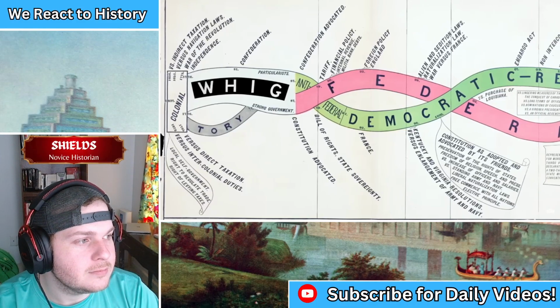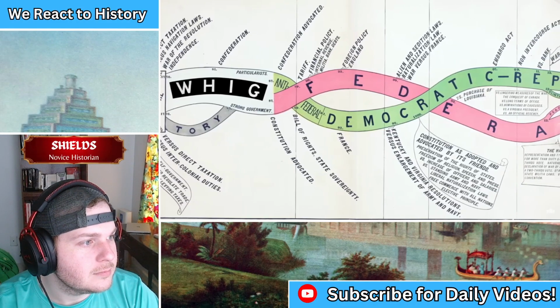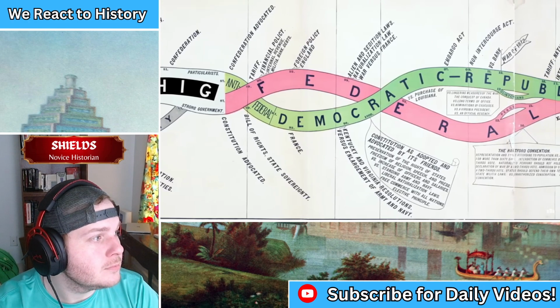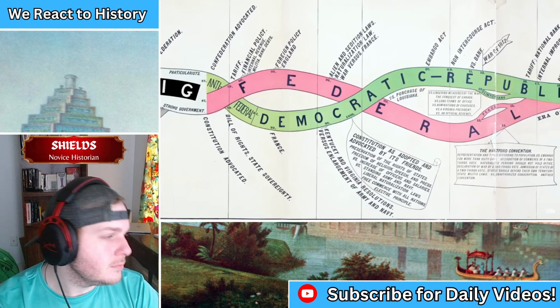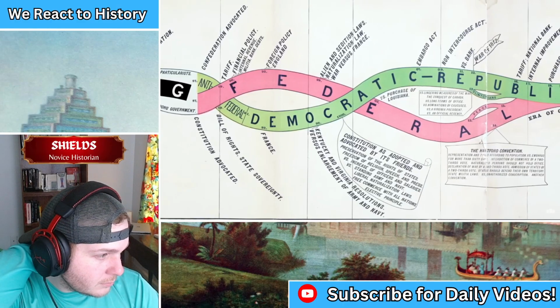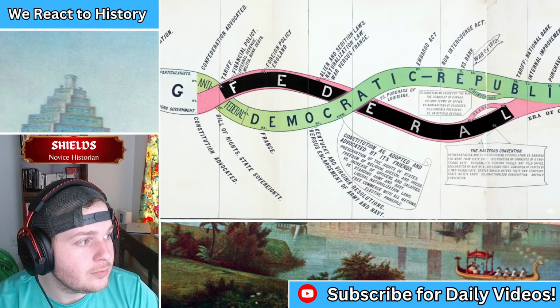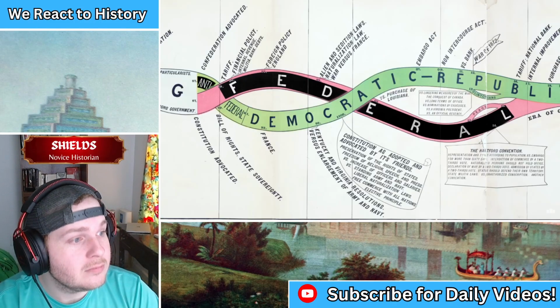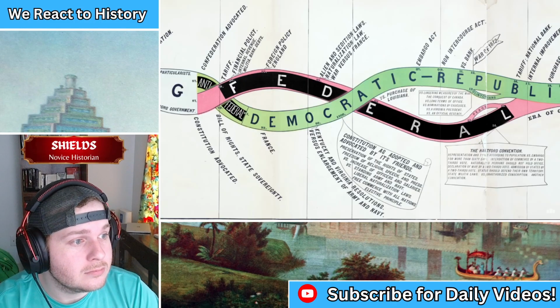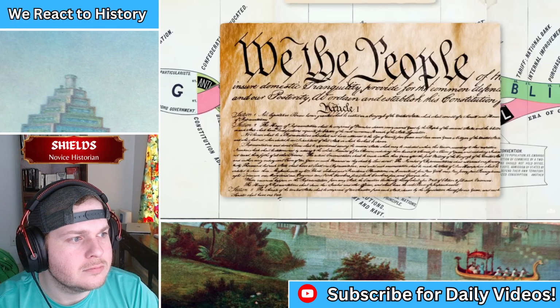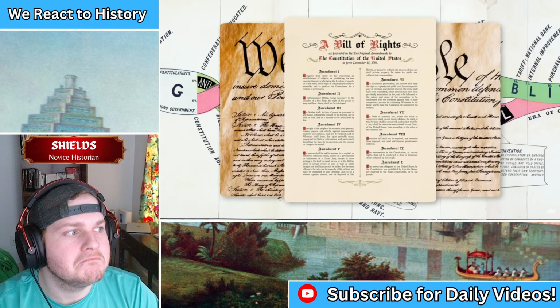Although the U.S. was now a republic, there were differences in opinion over how strong the new federal government should be. Those who wanted a strong federal government, with things like a central bank and a standing army, became known as Federalists, whereas those who wanted more state sovereignty were called Anti-Federalists. The Federalists were largely responsible for creating the U.S. Constitution, whereas the Anti-Federalists, who were unhappy with it, were responsible for getting the first 10 amendments added,